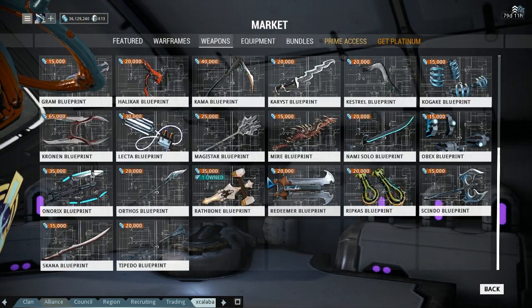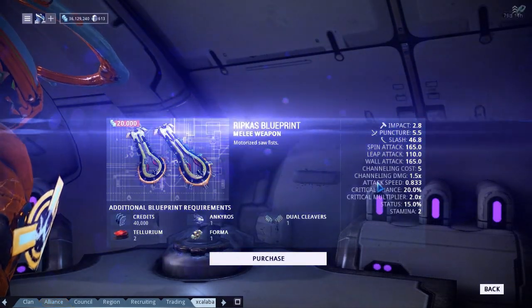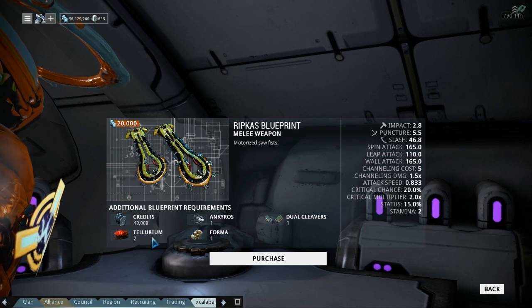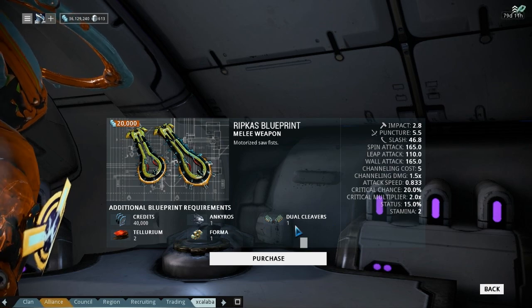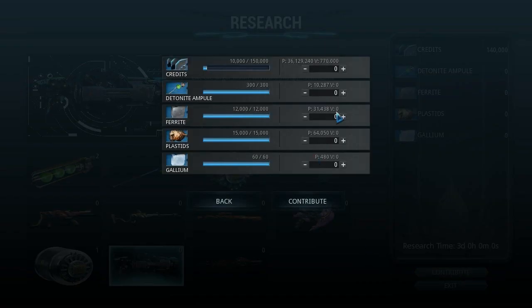So the blueprint for the handheld one, the melee weapon, is in the marketplace. It does use 2 tellurium, 1 former. It uses an Ankyros and dual cleavers. I'm actually really amazed with my clan on this one, because everything has been added apart from the money, and